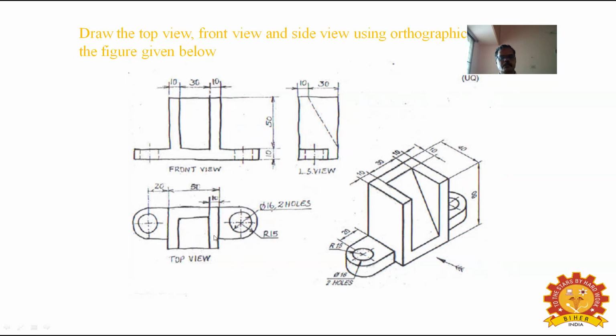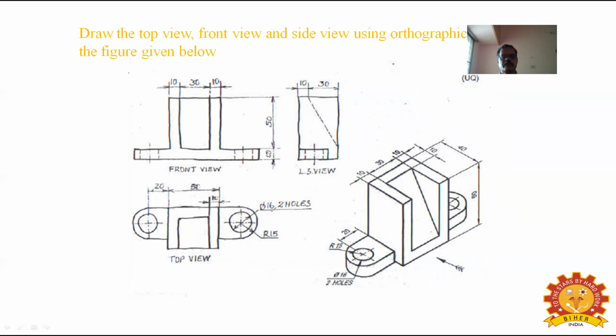Now to draw the front view, first you have to draw the height of the rectangle. Thickness is given as 10 mm, and you need not worry about the total dimension. If you want to mark the total dimension, first draw the vertical lines from all the corner points in the top view, and complete this outer rectangle first.